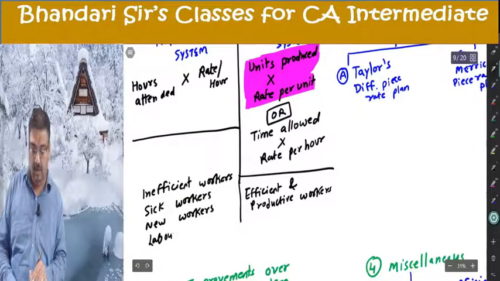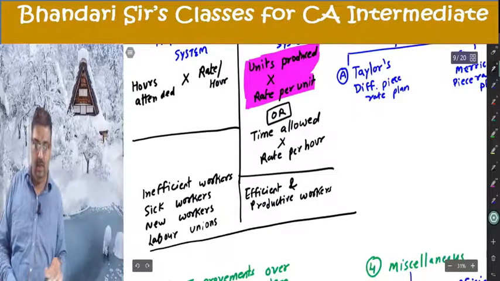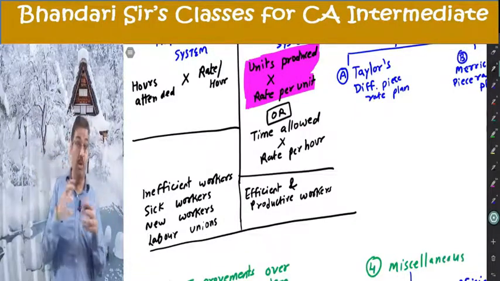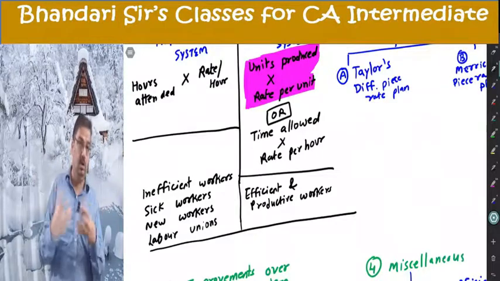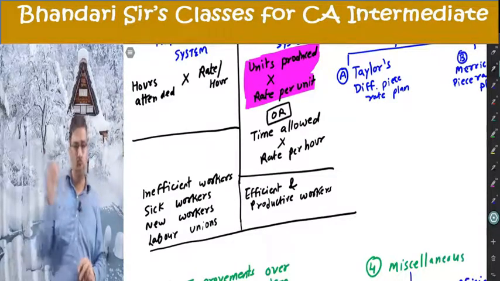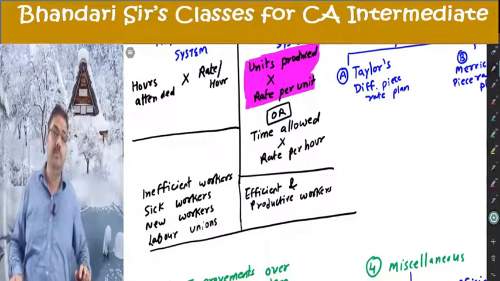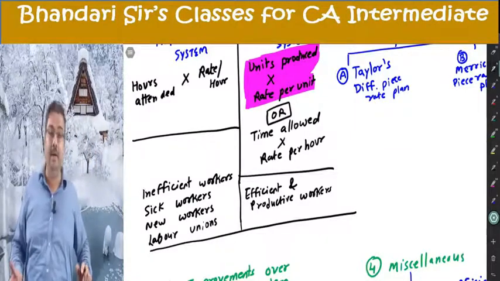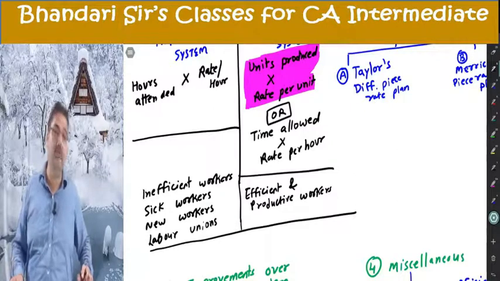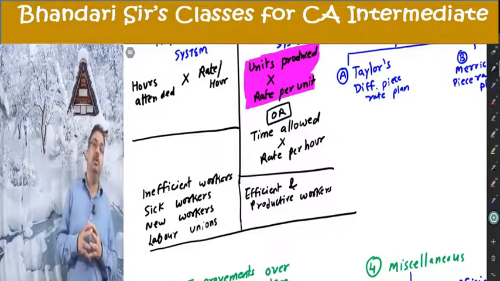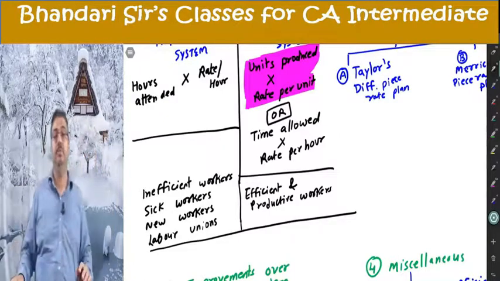For labor unions, they don't want a classification of productive being different from unproductive workers. They want the union. They want the strength to be together. So they want one standard rate per hour to be paid to everybody. Obviously, depending on the cadre, depending on skilled, unskilled, rate per hour can be different. So this is broadly the basic systems.